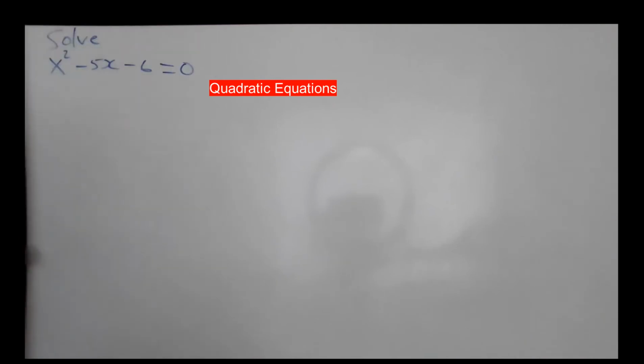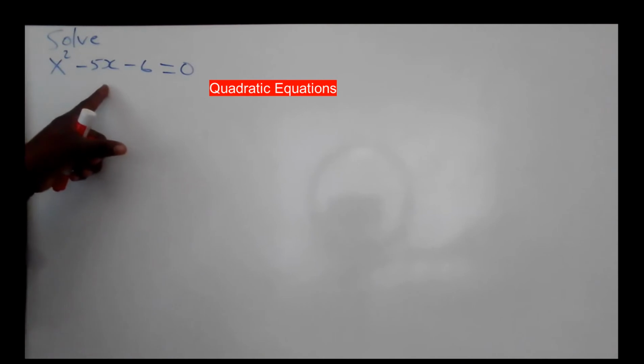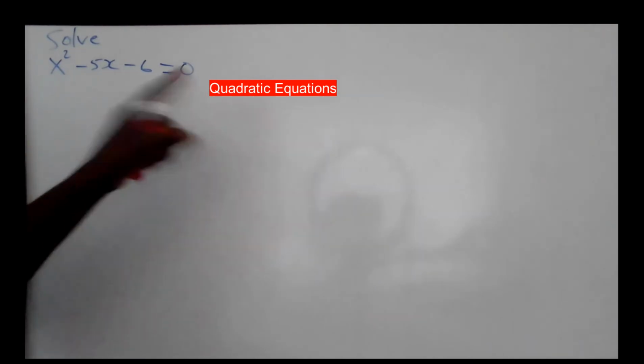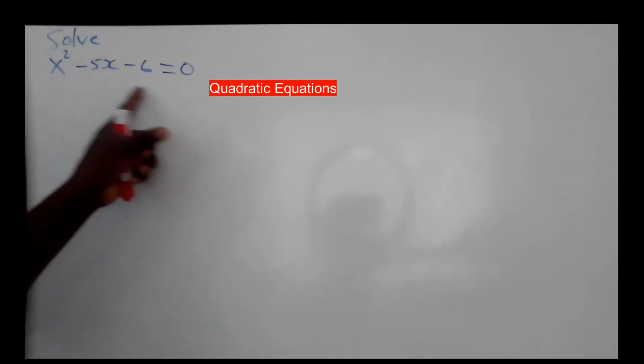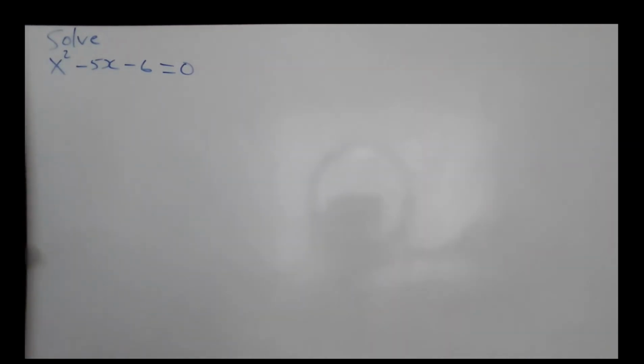Today we are going to do quadratic equations. However, I am going to use the quadratic formula to solve these problems. Right? So, given x squared minus 5x minus 6 equal to 0. You notice quadratic equations always equal to 0. So, the formula that I am going to use today is